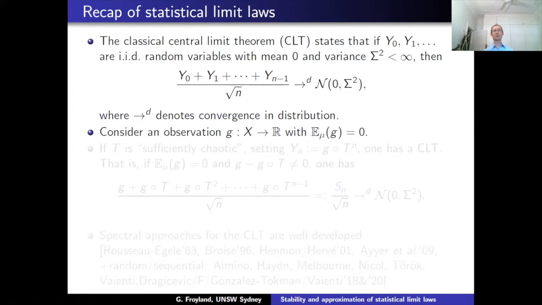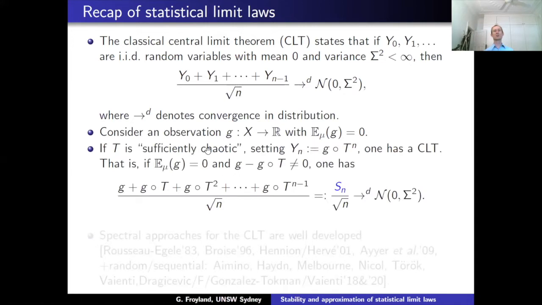So we will create an observation function. This is just something we're going to use as our dynamical system runs on its phase space. At every point in our trajectory, we're going to create an observation, a number, and we're going to combine them like this along a trajectory. So what I'm effectively doing is defining new random variables, with Y_n our observation observed n steps in the future according to our deterministic dynamics.